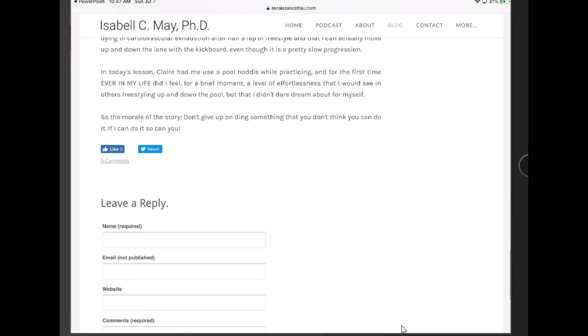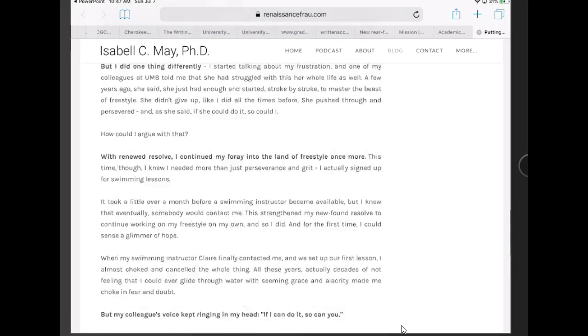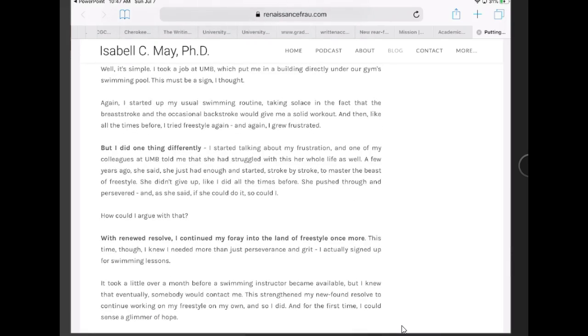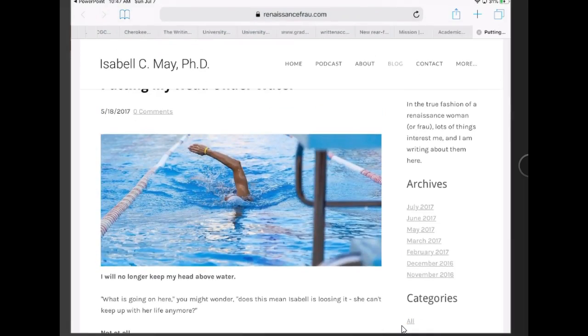It's actually fairly long. I don't know if I really followed the word limit here, so I would have to go back and see that, but I think it's all right. But I try to break it up by really having things in bold, by having short rhetorical phrases. How could I argue with that? To break up the sort of monotony of lots of information. Just to show you an example. And I have some other blogs here in my small archives, so feel free to look around at these if you're looking for some inspiration. There are tons of other blogs there. Now Henry will have some suggestions for you as well.